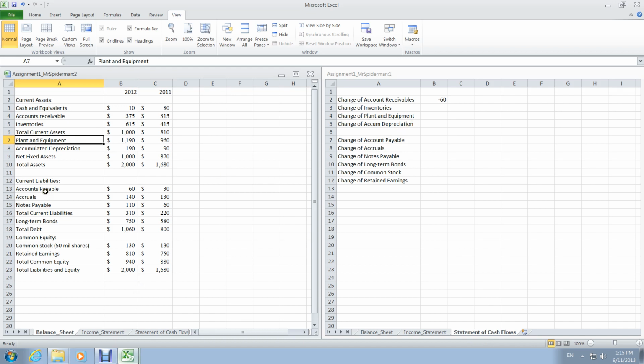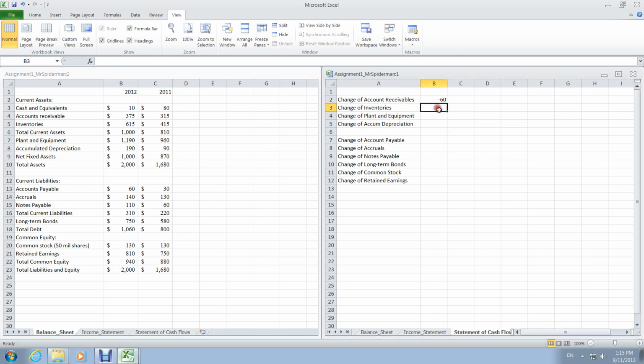And likewise for the items of the current liabilities, okay? So I only count accounts payable, accruals, notes payable, because they are independent from all the others. However, total current liabilities is not an independent item. It depends on the value of these three. Okay. So now we also need to know we need to change the items differently for assets and for liabilities